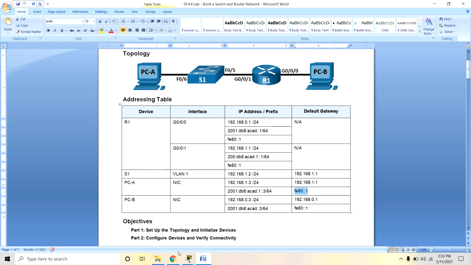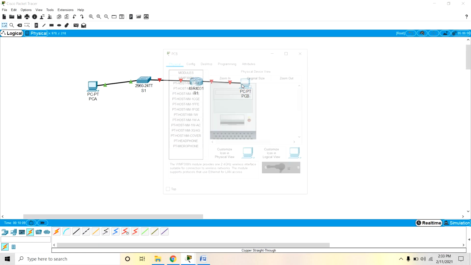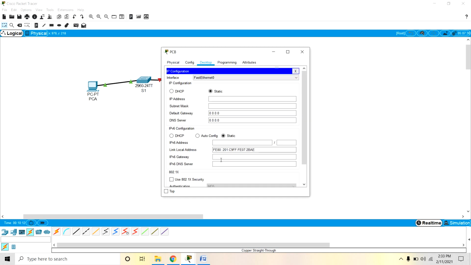Now we are moving to the PCB IP configuration.